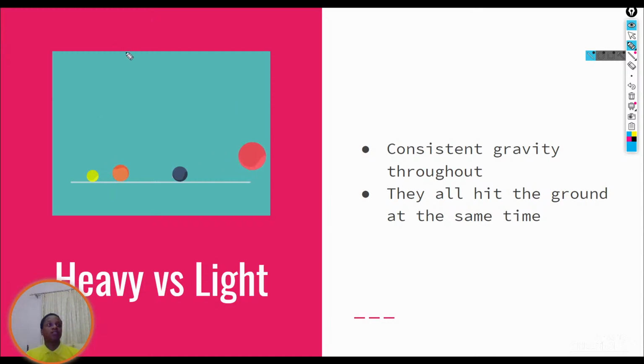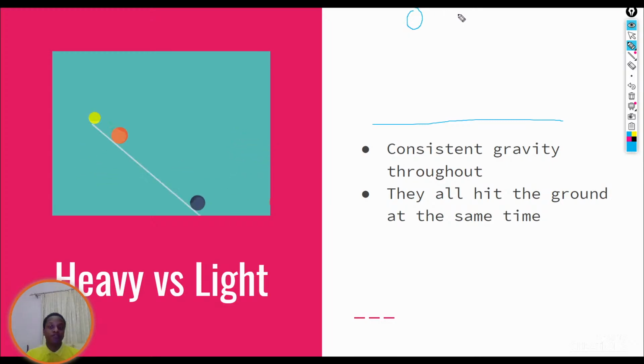As you can see, all the balls are falling at the same time, but they're all kind of doing their own thing. But when you do the heavy versus light ball, just remember that what you want to do is have two balls that are the same size, and then when they both fall down, they should both hit the ground at the same time. And then once they've hit the ground,